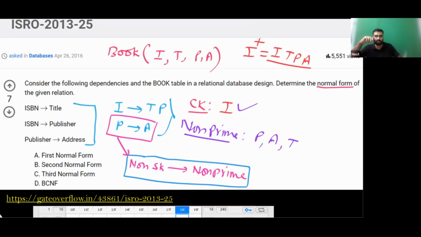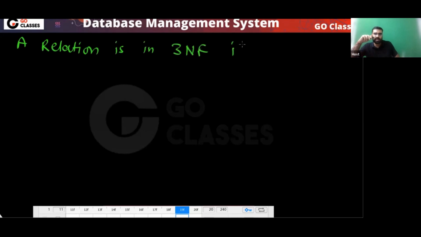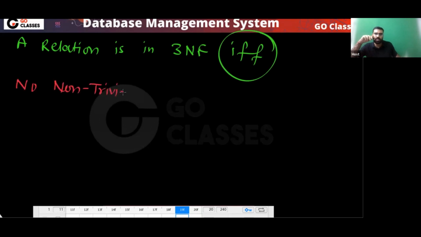So not a super key determines non-prime attribute. This is a violation of what? This is the violation of 3NF. So it simply means not in 3NF, right? What is the definition of 3NF? The 3NF definition clearly says that a relation is in 3NF if and only if no non-trivial functional dependency,